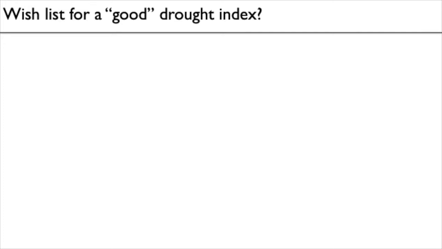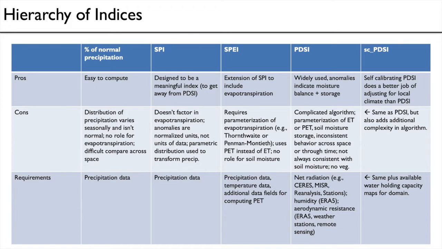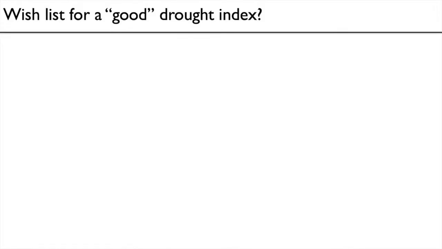And this is an important exercise to go through, because depending on what you're doing, depending on the research you're doing, there may or may not already be an index. Maybe one of these products already exists and you can just download the data, or maybe at the very least the algorithm exists and you can download the code and compute the data that you want for your particular site or your particular study. But it's also possible that you need to develop your own drought index for your own applications to get at some feature of the research that you're doing.